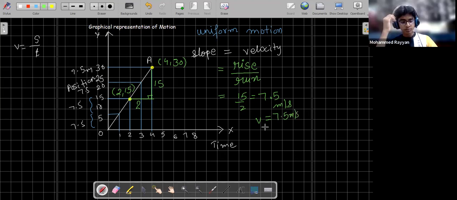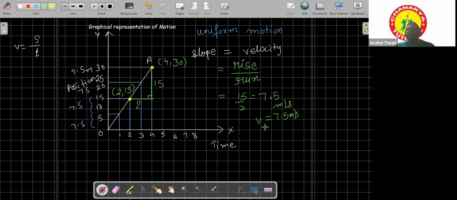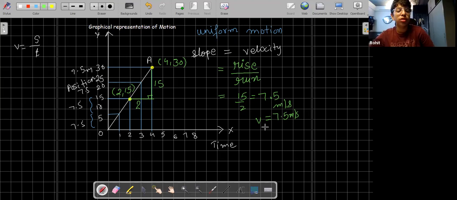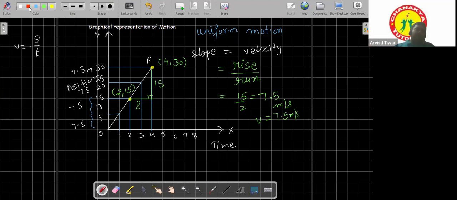Anyone having doubt in calculating the velocity from the graph? No, sir, no doubt. Okay, you can choose any point. Like I can choose even this point. I can even choose the origin. If I choose the origin to be one point and this point to be the other point,